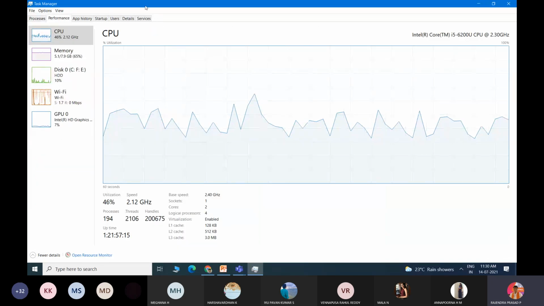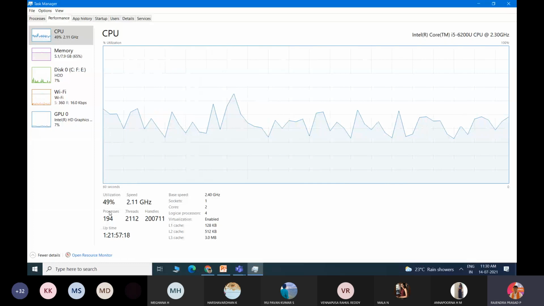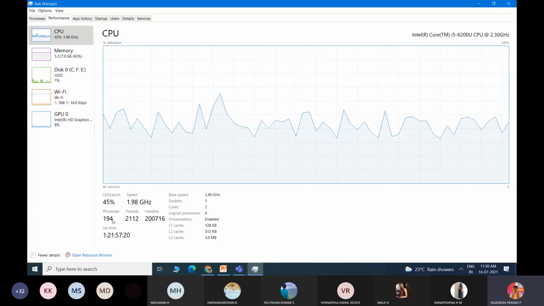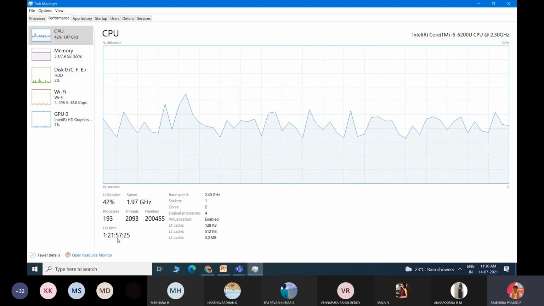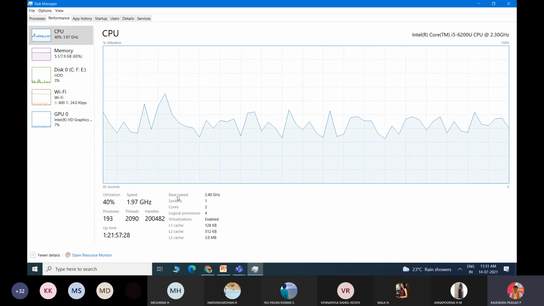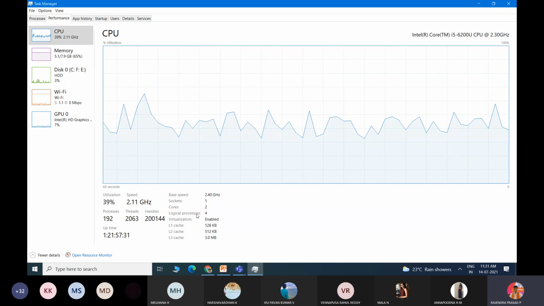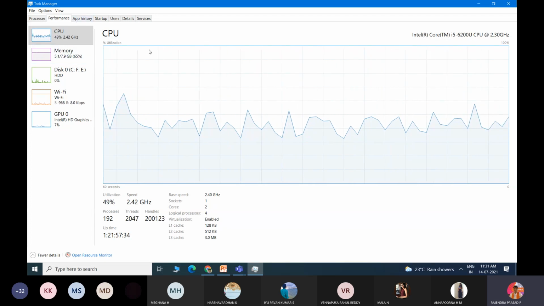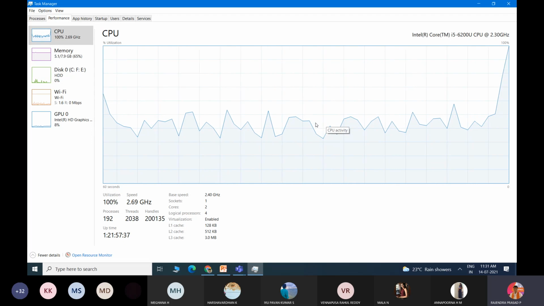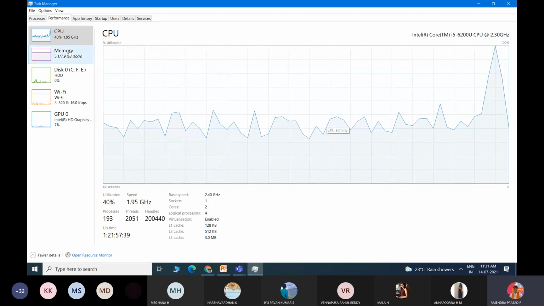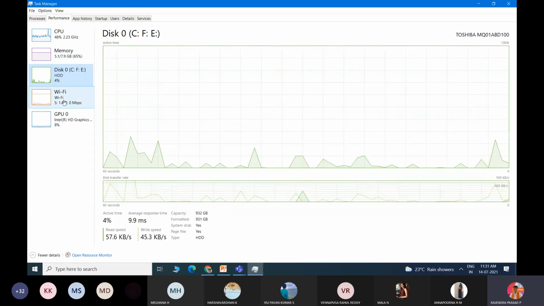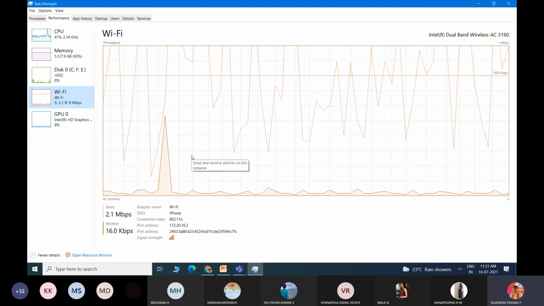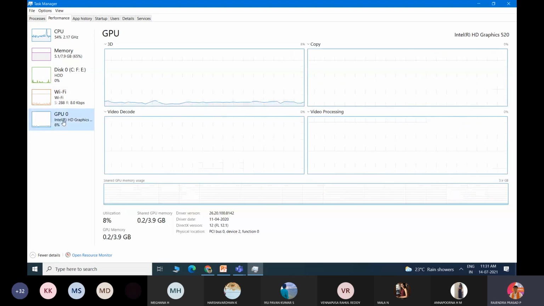When I go to Performance, you can see what the utilization is, what the speed is, what the processes are, what the threads are, what the handles are, what the uptime is, the time it has been running. What is the base speed, what are the sockets, what are the cache levels, what is the cache memory. See how much the CPU is processing. See, all these things it is able to capture. If I go to Memory, how much I am going to use, what is the disk size, what is the Wi-Fi, how much internet I am using, what is the GPU. So these are the things with respect to performance.